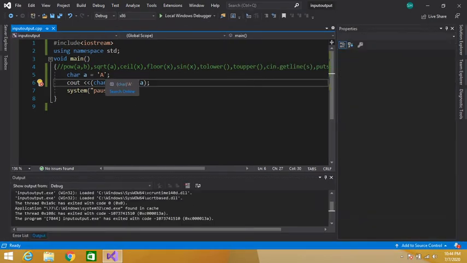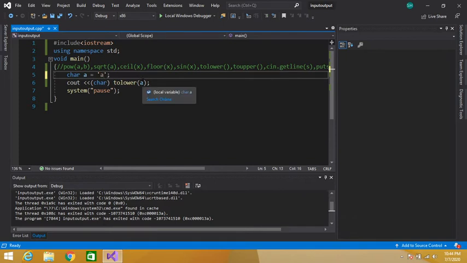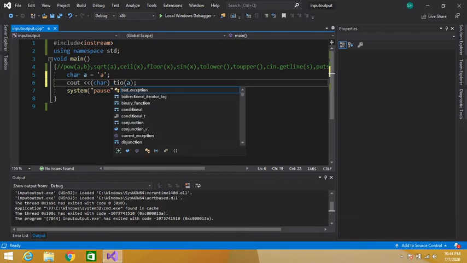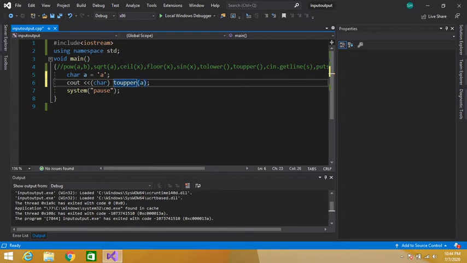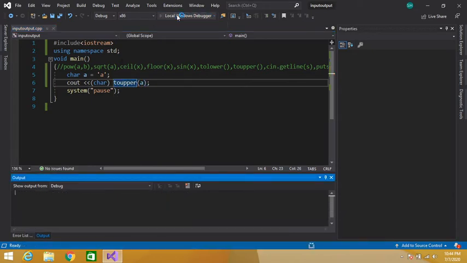Similarly, here if we put lowercase a, and here we type toupper, let's execute it.